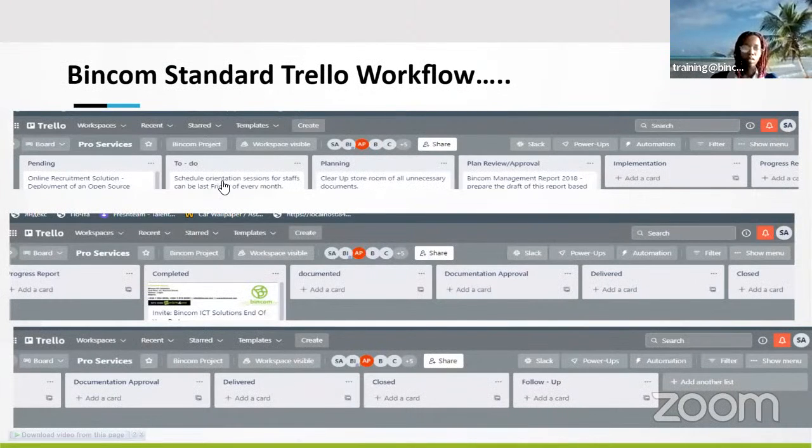So we have the pending, we have the to do, and we can easily move these tasks once they are actually done. So if you have a task that needs to be done, for example, let me use something I do every day. I need to eat by 10 a.m. It's a pending thing I need to do, really.